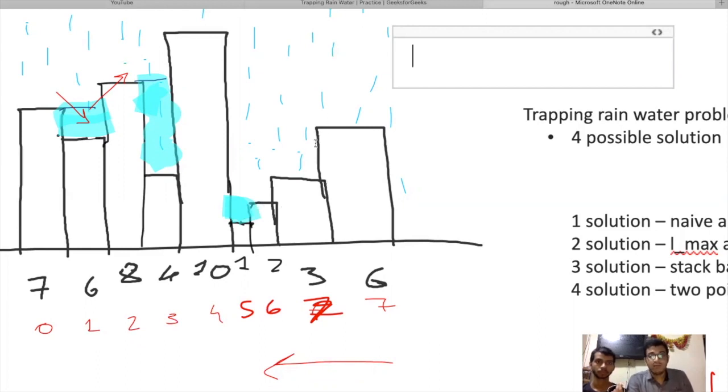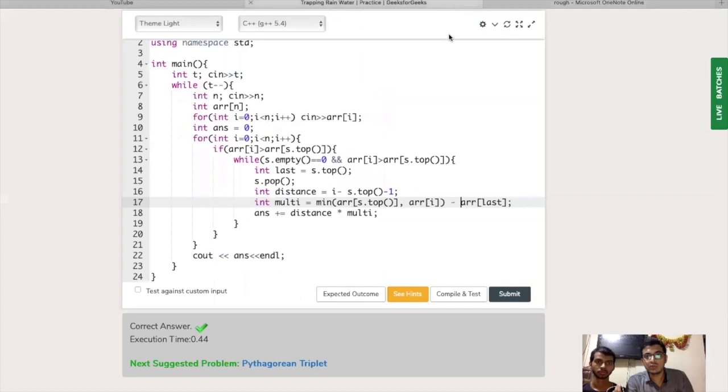And now, why are we multiplying this answer with distance? What's the use of it? We have already computed this in the previous approaches. We were doing answer plus equals, directly adding this thing into the answer, right? But why are we multiplying something to this thing in this approach? Now let me tell you that. Why? Because